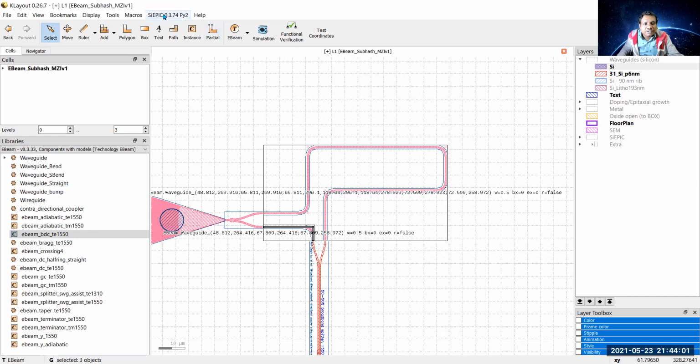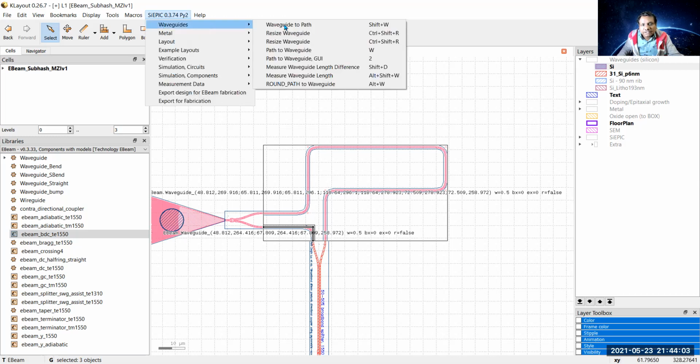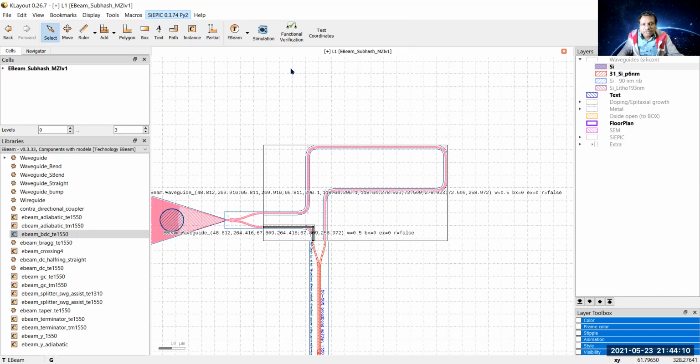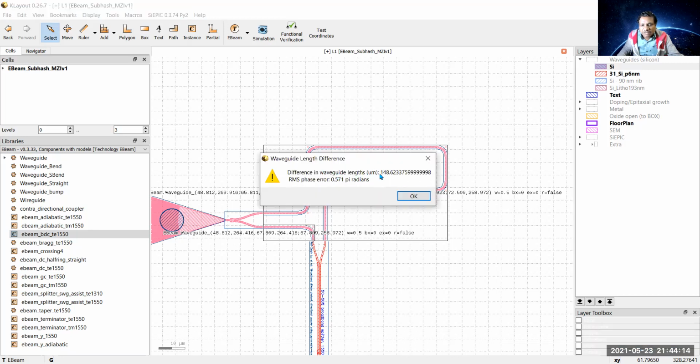Go to SiEPIC. There, under Waveguide, there is an option for measure waveguide length difference, that is Shift+T. So you see it is measuring the difference between L1 and L2. You see here it is exactly the same value, 148.62.